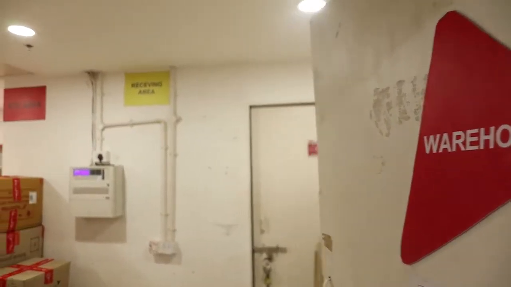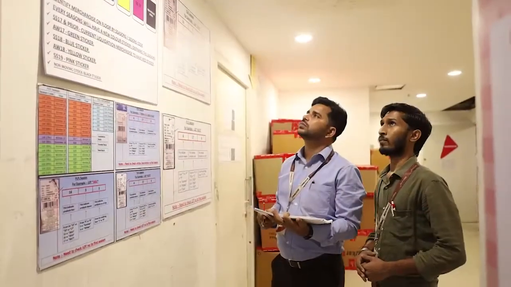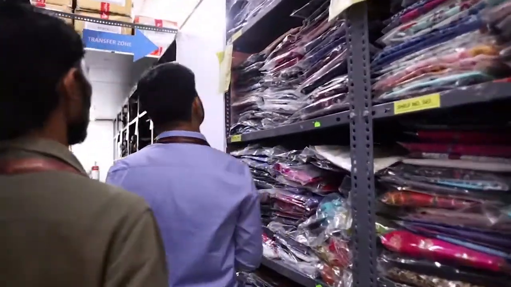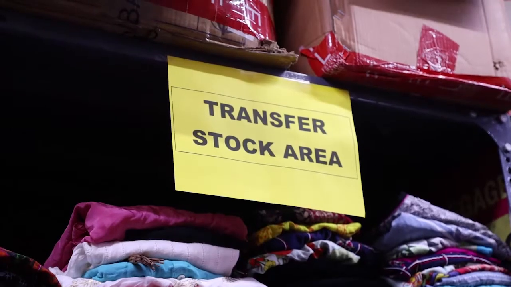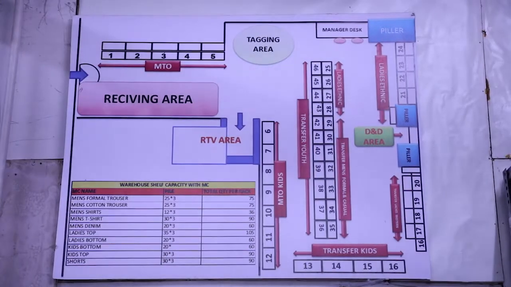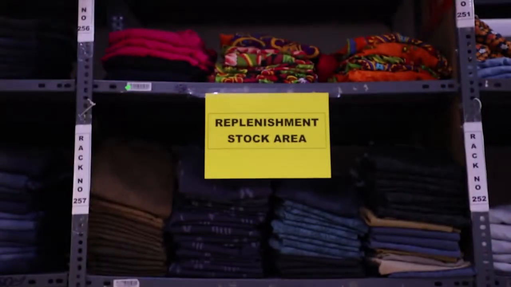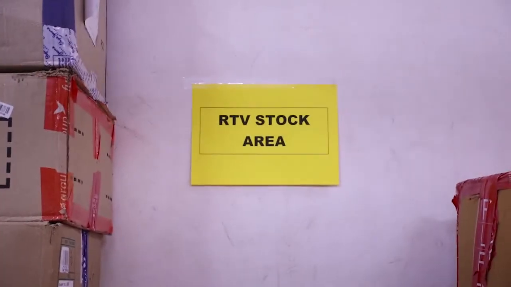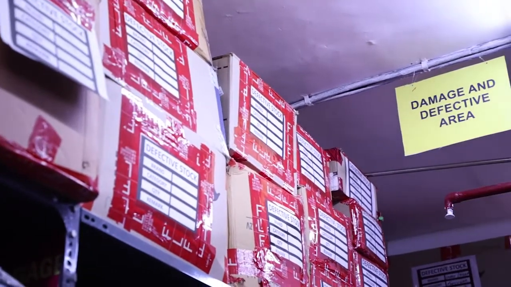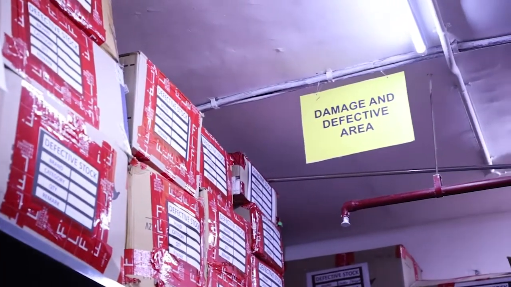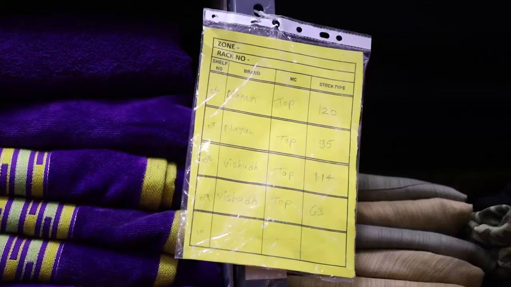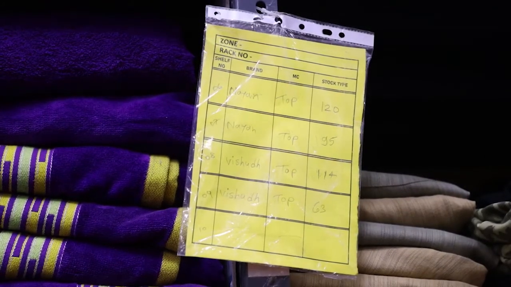Warehouse walk. SM to make a sketch diagram of the warehouse as per slotted angles count. Allocate warehouse units into MTO, transfer and liquidation. Allocate warehouse floor space into replenishment area, inward area, tagging area, RTV area, damage and defective area or any other area as per requirement. Brand name to be mentioned with pencil as per stocked brands in units on the sketch.